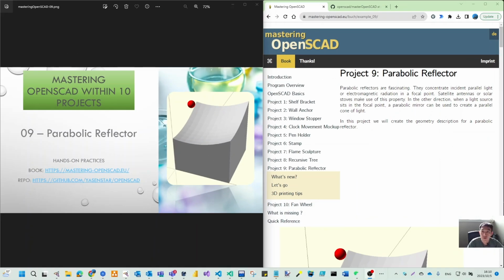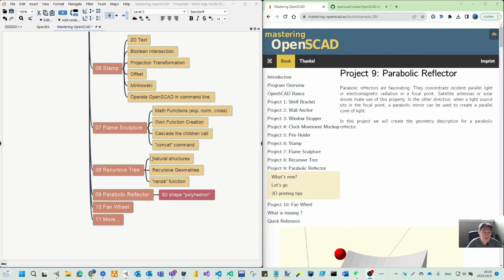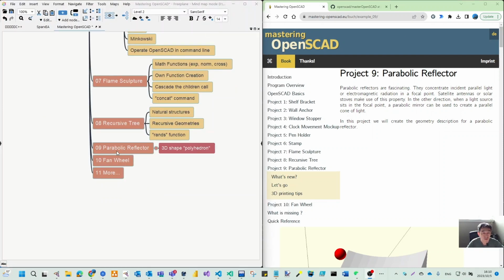Welcome back. From this video, we move to this OpenSCAD part within the 10 projects. Number 9 is called the Parabolic Reflector. So it's like an antenna for a satellite. And what we are going to add for practice is using the 3D shape polyhedron, which we haven't